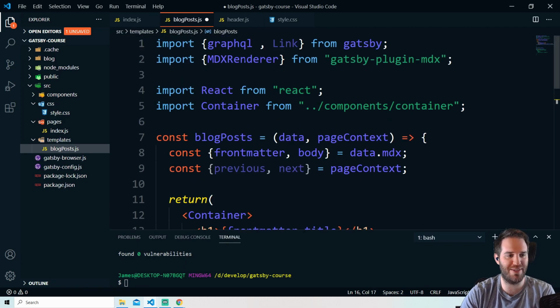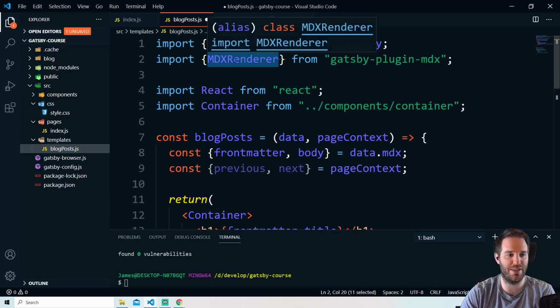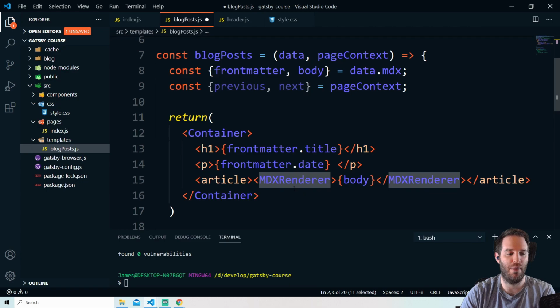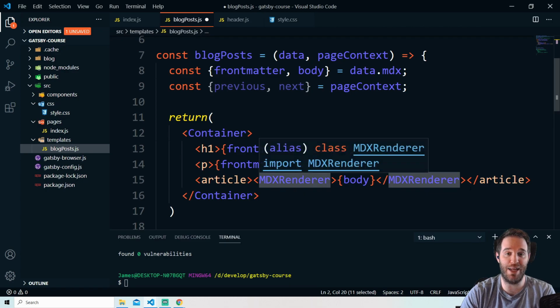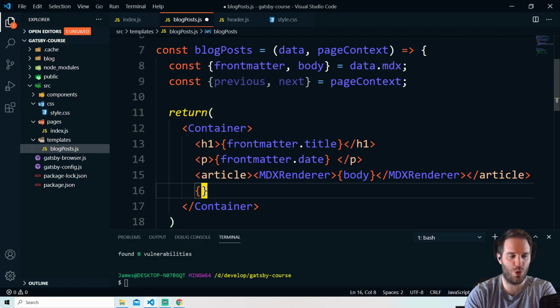And let's just talk about this MDXRenderer. It's a plugin from Gatsby, and essentially what it does is it allows you to render this mdx file as HTML. So it takes care of like if this is an H1 and converts it to an H1 in HTML and vice versa. So now you have that, we can make a conditional query here and say if previous equals false